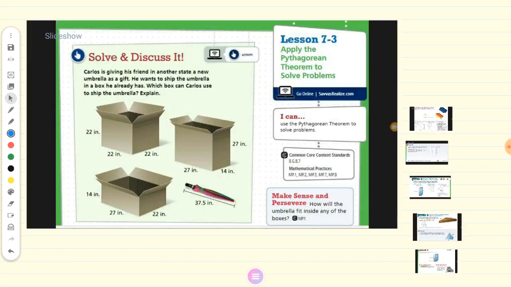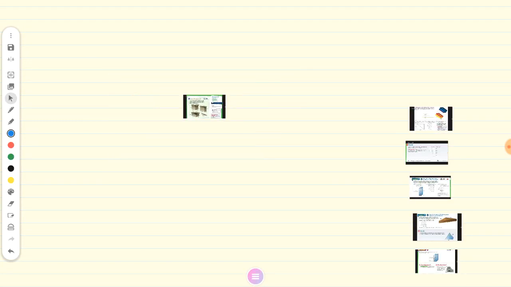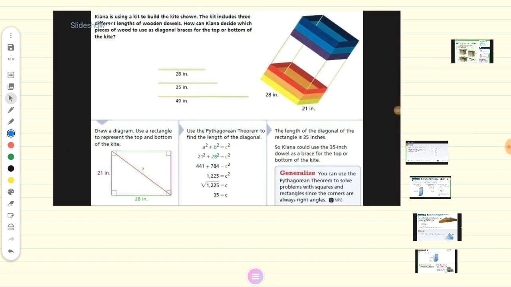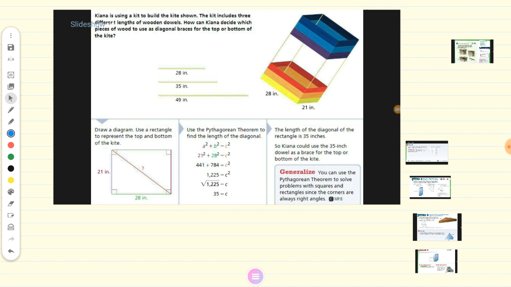Today we will talk about lesson 7.3, apply the Pythagorean theorem to solve problems. We will use the Pythagorean theorem to solve some problems in our real life, or new problems which will not mention the Pythagorean theorem, but we will find it by ourselves. Okay? So, if I have a shape like this, its base in the shape of a rectangle, and I